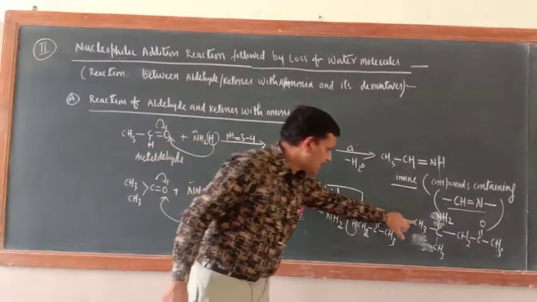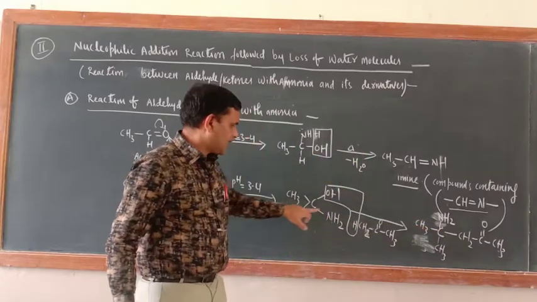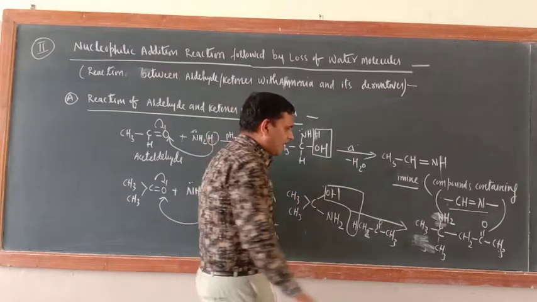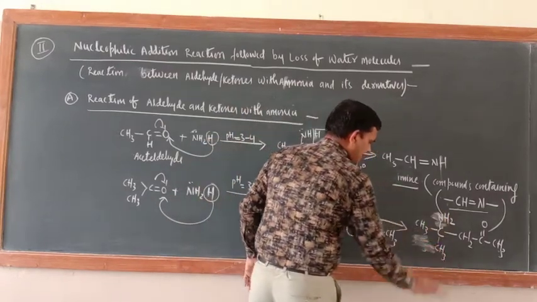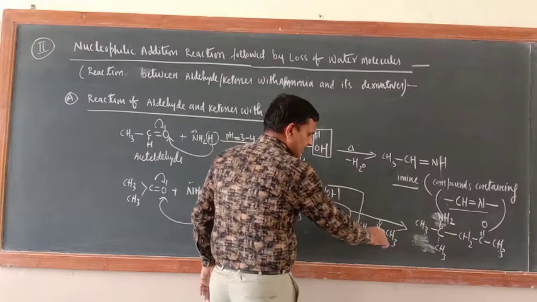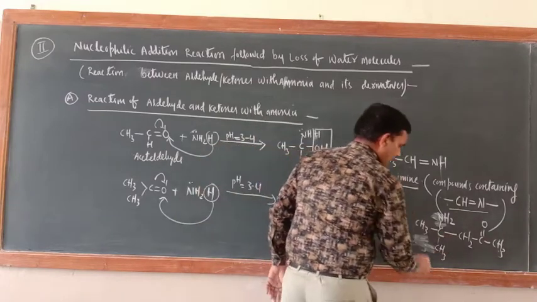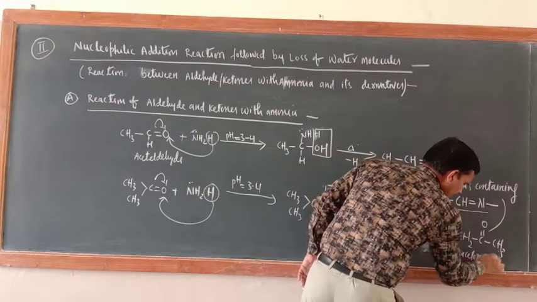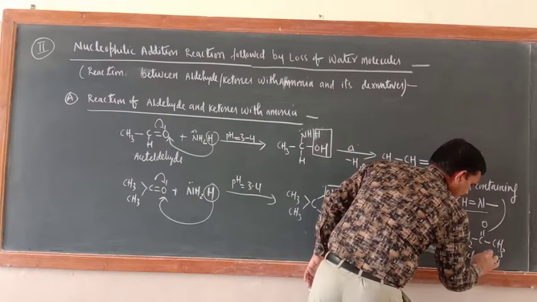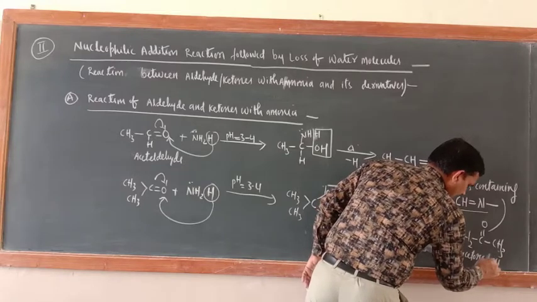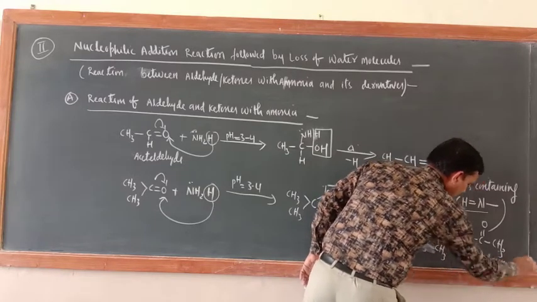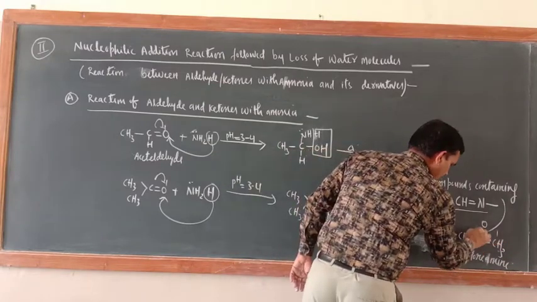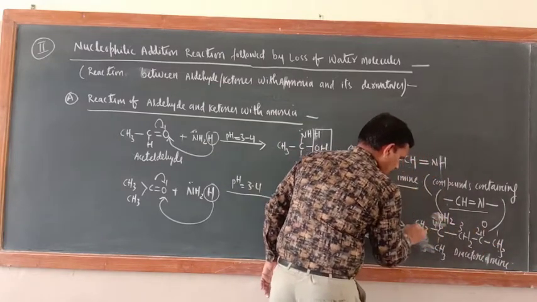CH3C, CH3C, CH3. Now I wrote NH2 on the upper side. If you are having a problem, you can write CH3 here and NH2 here, no problem. The rest of everything will be added here. Now this is known as diacetone amine. IUPAC name: 1, 2, 3, 4, 5.